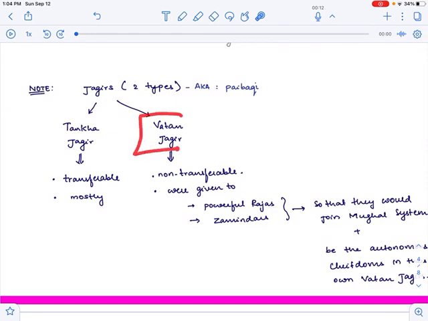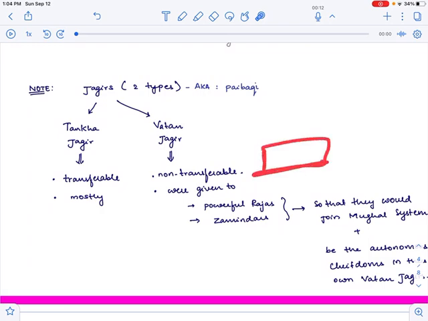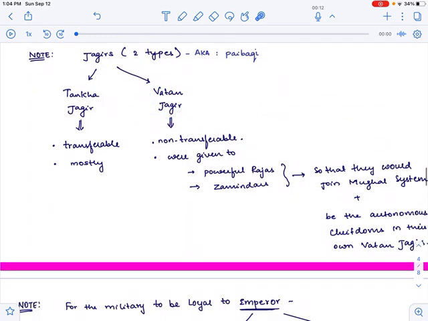And also remember, there was this other category of Jagir called the Watan Jagir. Watan Jagir basically meant the non-transferable Jagirs. So once a Mansabdar was given a Watan Jagir, it meant that he would become the chief of that. And it also meant that he could not give this Jagir to any other person. So Watan Jagirs are non-transferable Jagirs, and these were given to powerful Rajas and Zamindars so that they would join